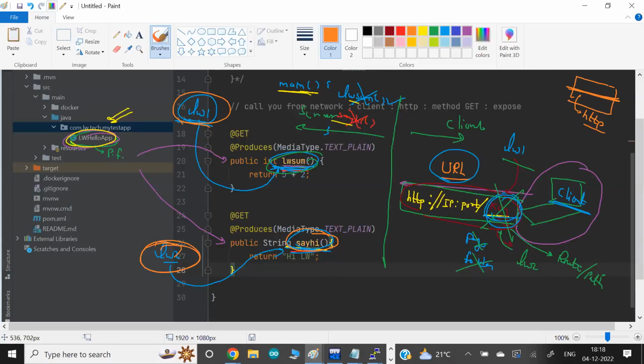And again, understand one thing, the URL is given by the server to the client. The client never decides the URL. Google gave the URL to us. So this URL we give to the client. And I say, this is my IP, this is the protocol, HTTP, this is the port number, and this is my route name. So if you want to call some function, use the route name or the path name LW1. If you want to use the other function, then use the route called LW2.